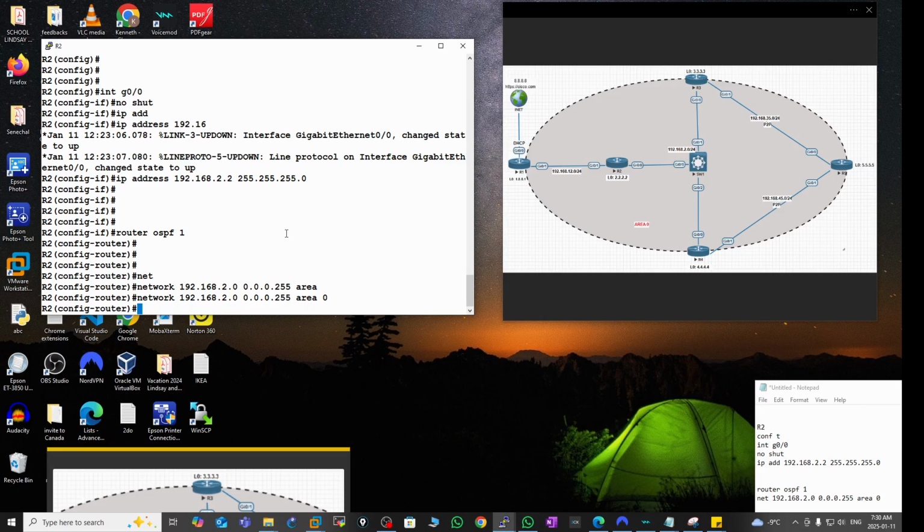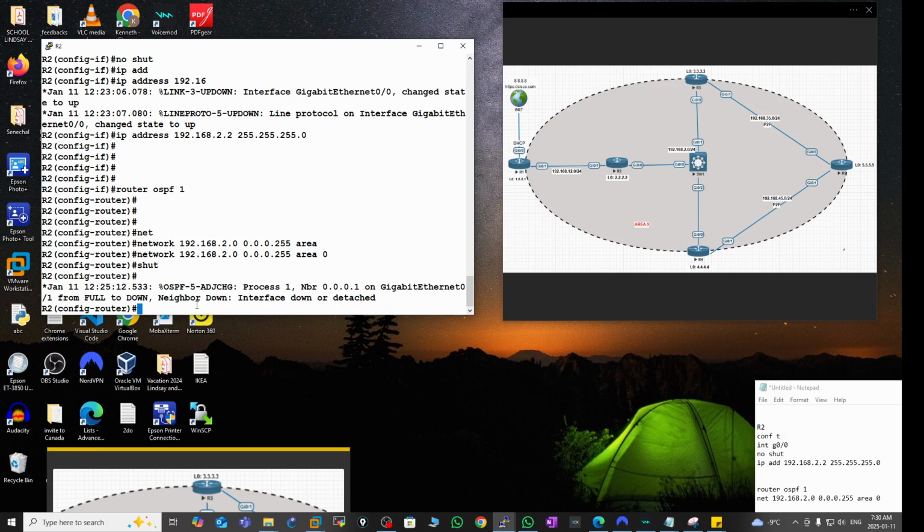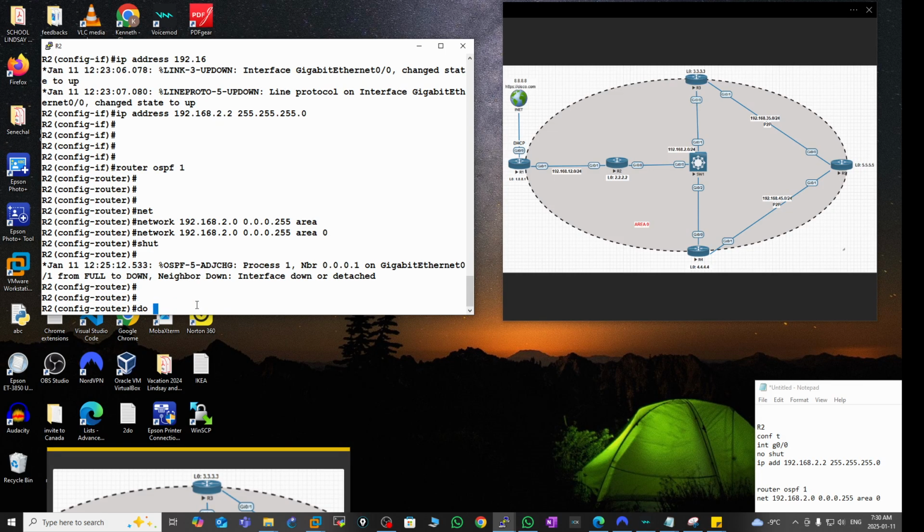Okay, so since I want to force this router 2 to be the designated router, I'm going to shut down the OSPF process. Shut. And I'm going to configure this interface gig 0/0 to have a priority of 10. If I do show IP OSPF interface gig 0/0,